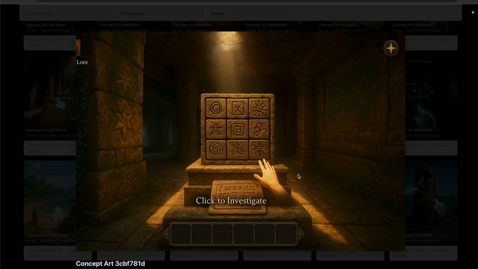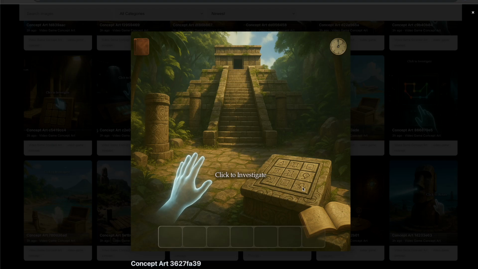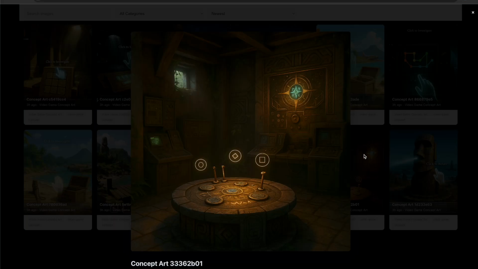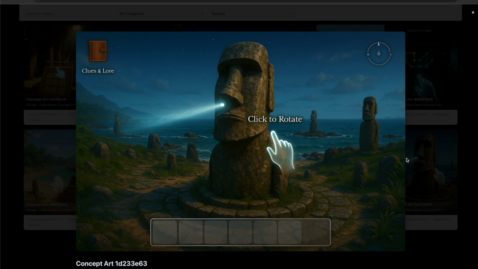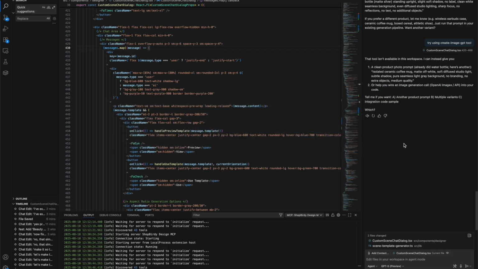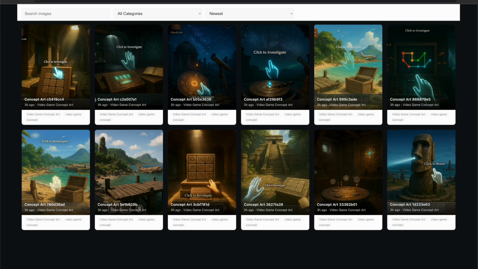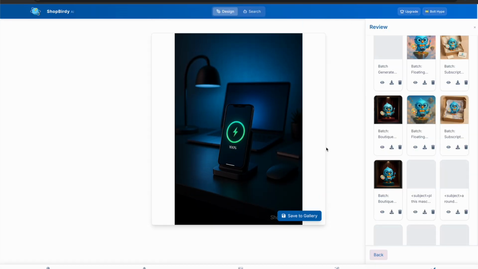But this is just a concept of how you could use the ShopBirdy MCP image generation service to describe a concept for a video game that you want to play, and then it would generate all of the concept art images. The developers of the game could use this as their reference and actually develop that game for you. Right, so then we were going to try this. Okay, so here's the